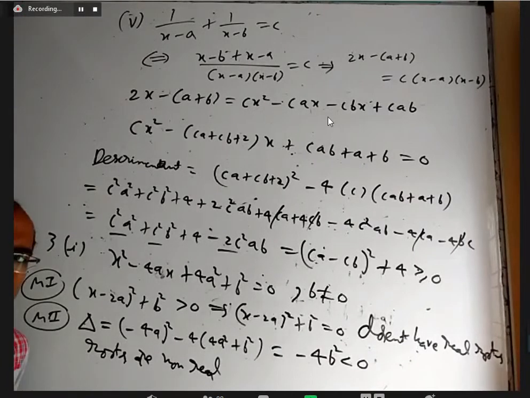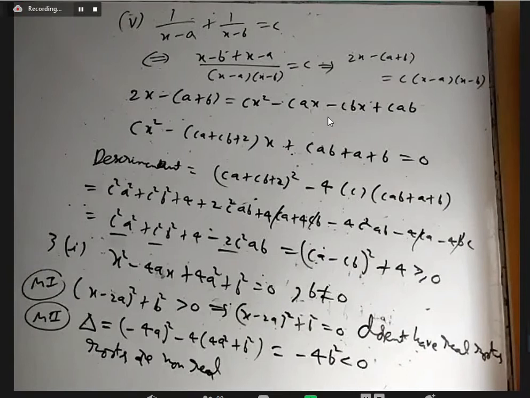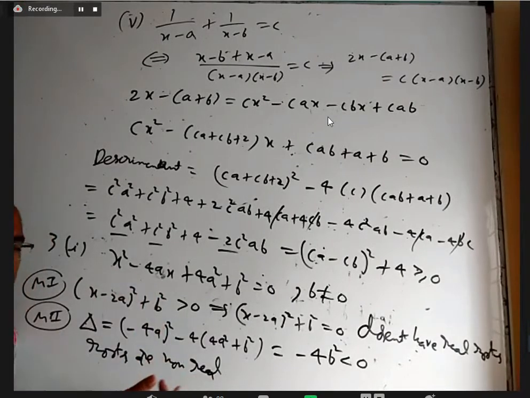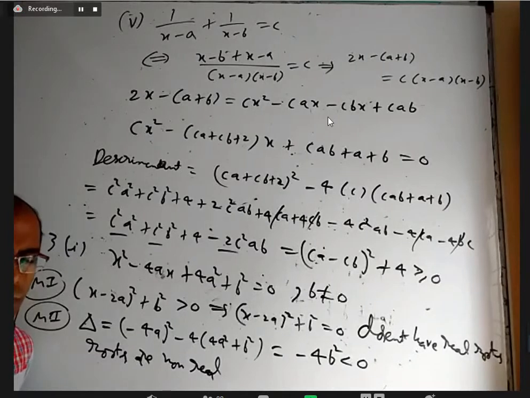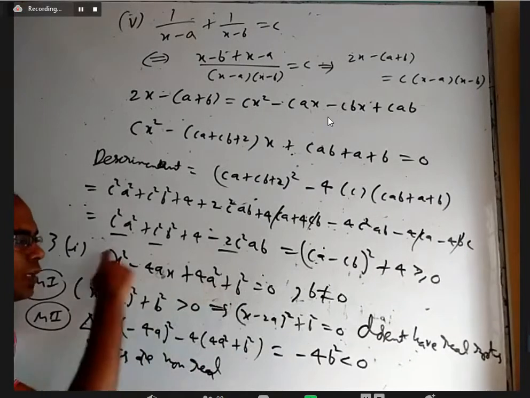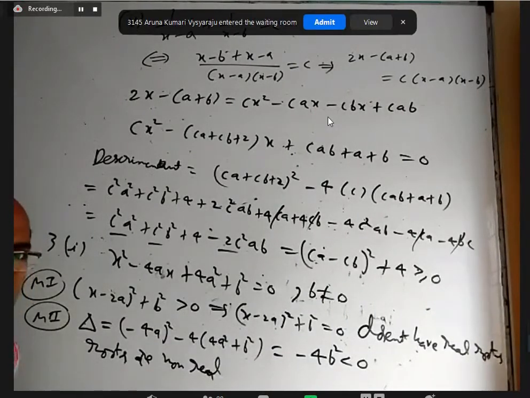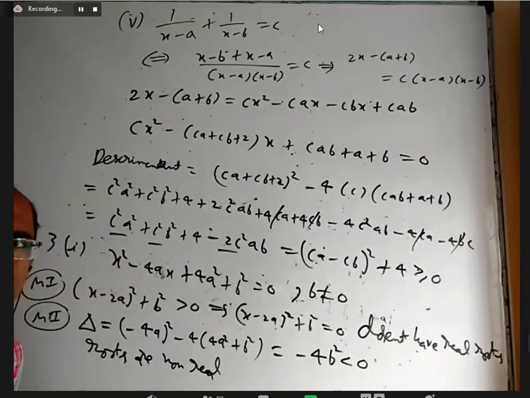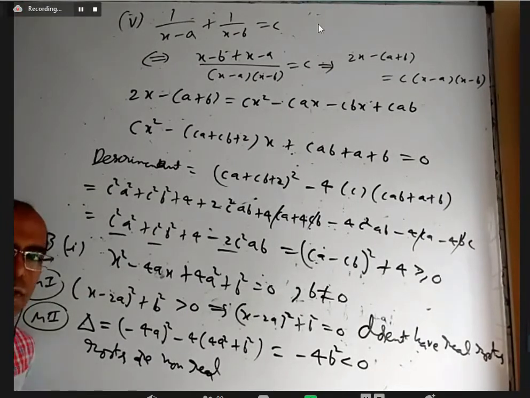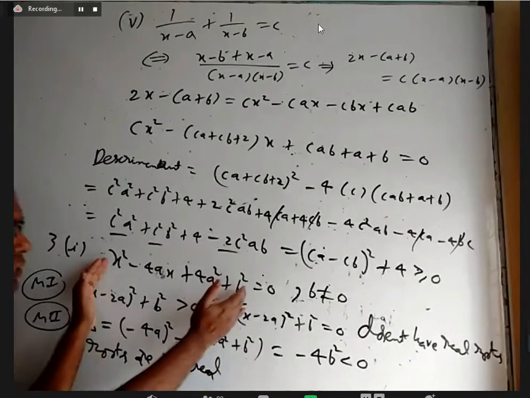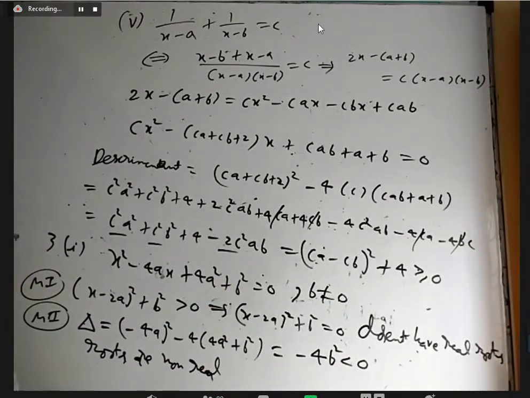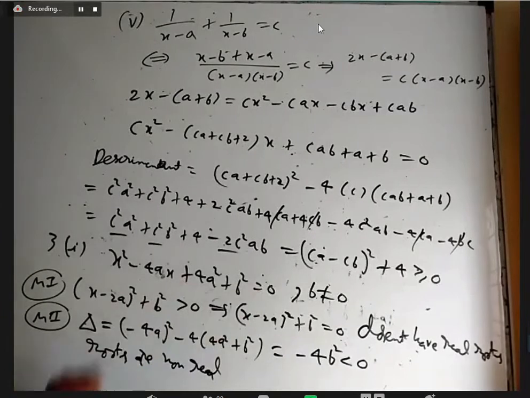Sir, I did not understand method 1. Method 1, okay. Method 1 is a very nice point we'll be using quite frequently later. What roots mean is that when you substitute those numbers, equal to 0 should come, right? But if I can prove that this LHS is always positive, it can never be 0, never be negative, then I have proved that it can never be 0. It can never be 0 means it doesn't have any real roots. So if I can prove that this is always positive or always negative, one of these two, I proved that this can never be 0.